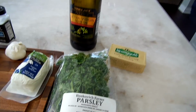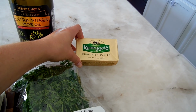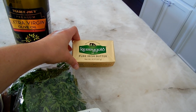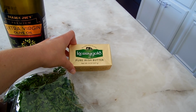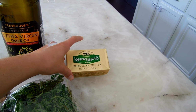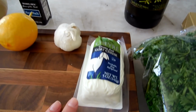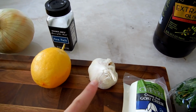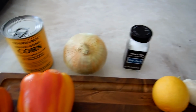So we are going to go ahead and start over here with some butter. I always buy our Kerrygold butter. It is, in my opinion, one of the best butters that is out there. It's made from grass-fed cows, so it's just really authentic, real butter. It's delicious. So I will never go back to any butter other than this. And we're going to use some parsley today, olive oil, some goat cheese, garlic, a lemon, salt, 1 yellow onion,